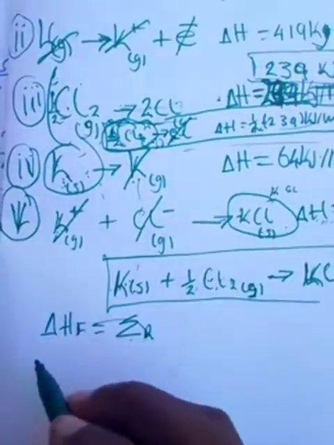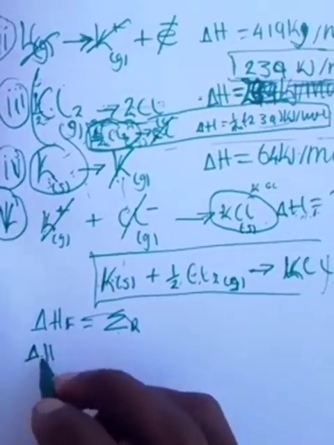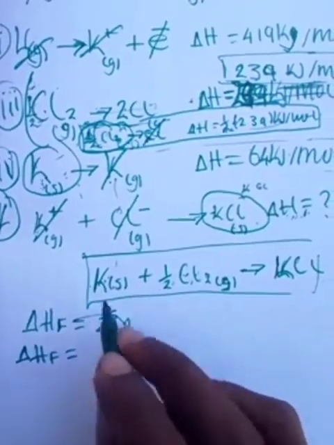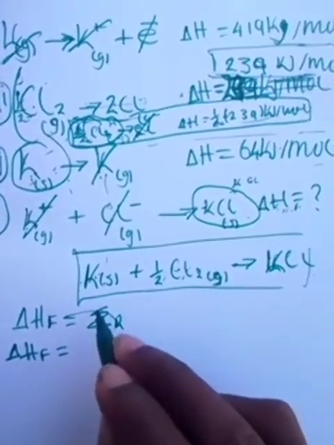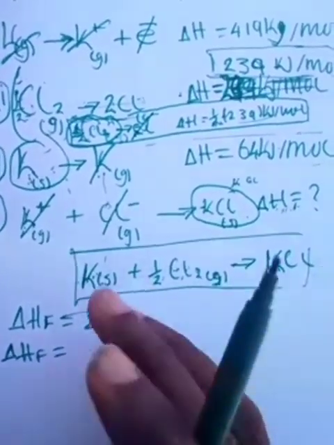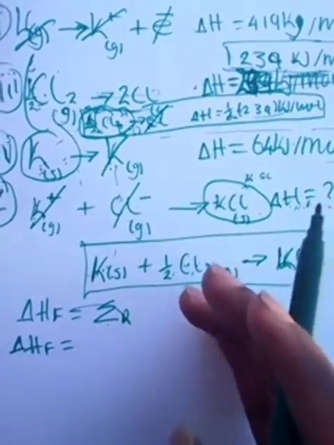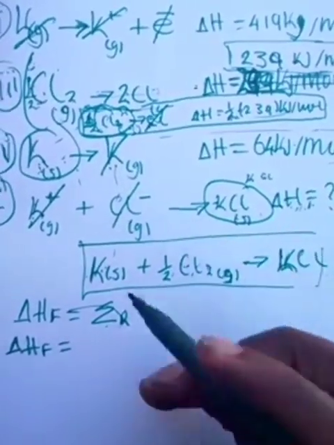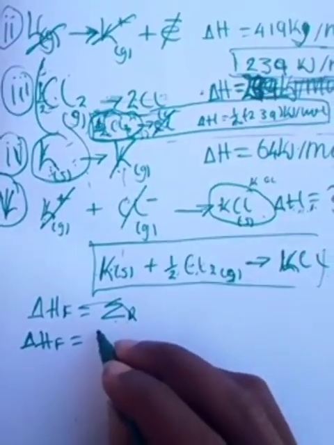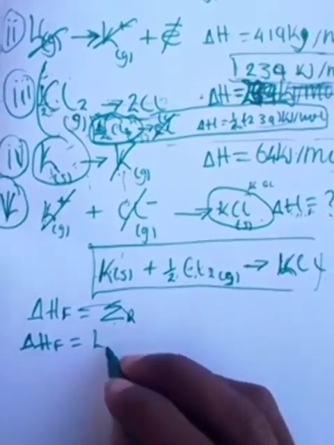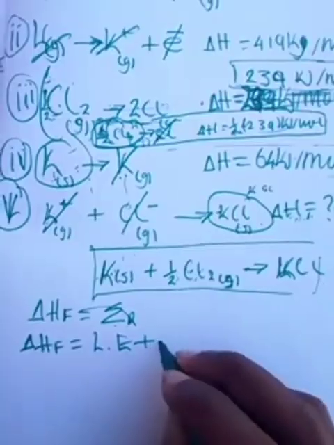So, what other reactions are we talking about? In this case, you put the reactions that they have given you in the question. It's not always that they'll give you all the reactions that are found here. Sometimes they might not give sublimation energy, maybe they might put a different one. So the first one I'm going to say is lattice energy plus